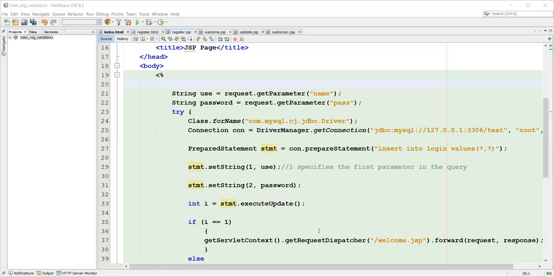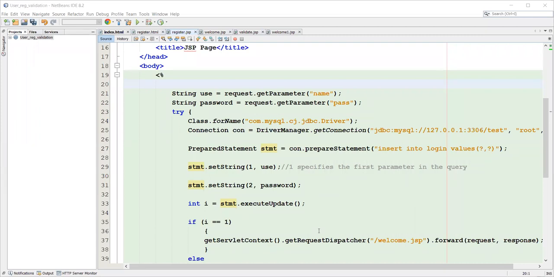So now we need to insert the form details into the database, into the table. Which SQL command is used for inserting the values into the table? We need the insert SQL command. And also here we are using a prepared statement for inserting the values into the table.